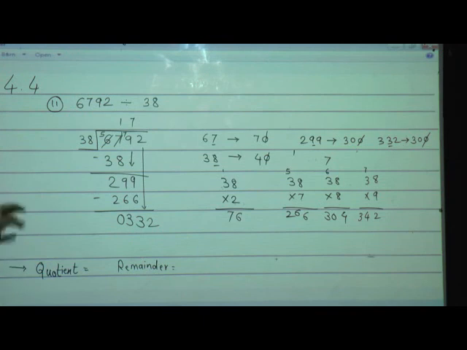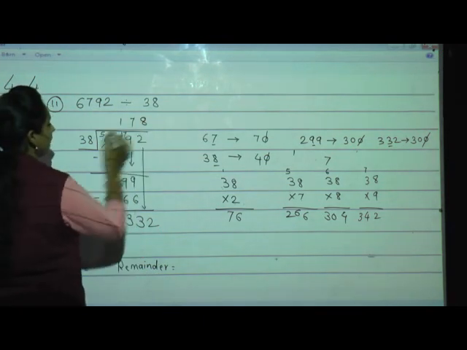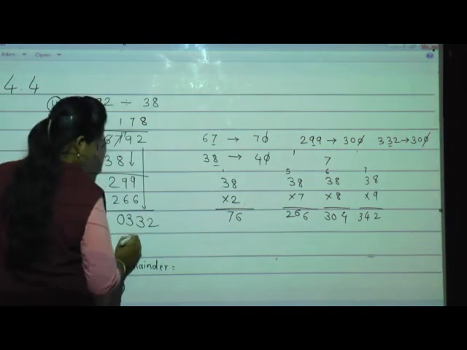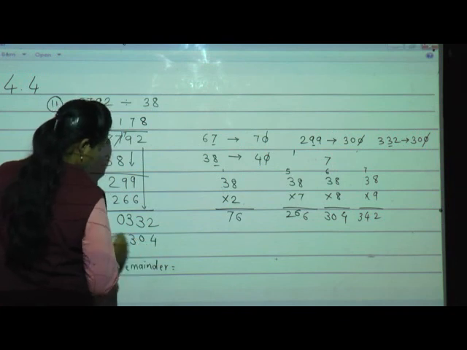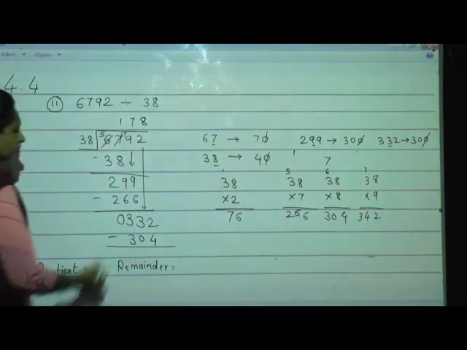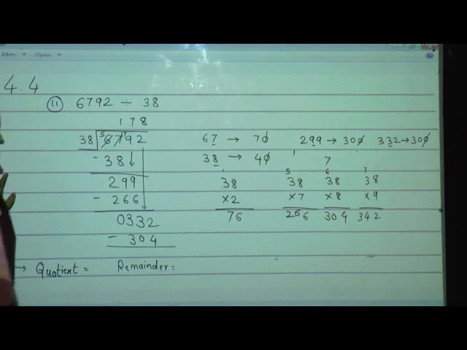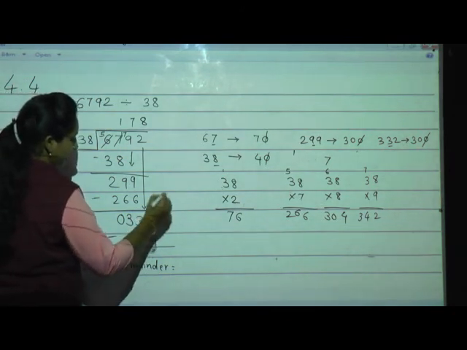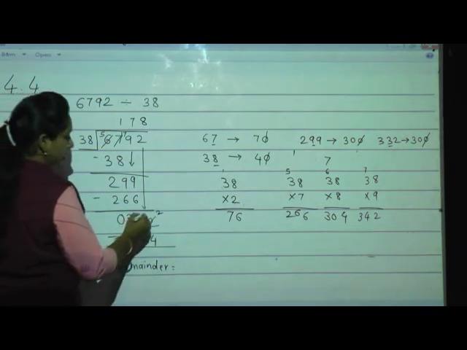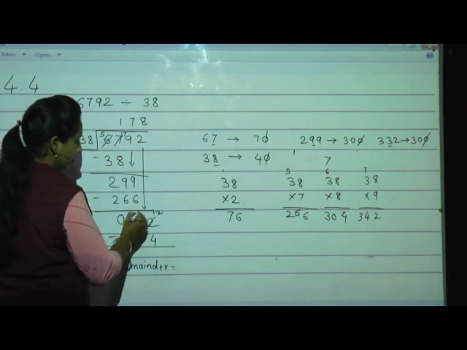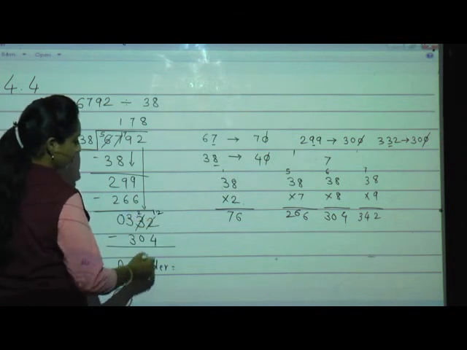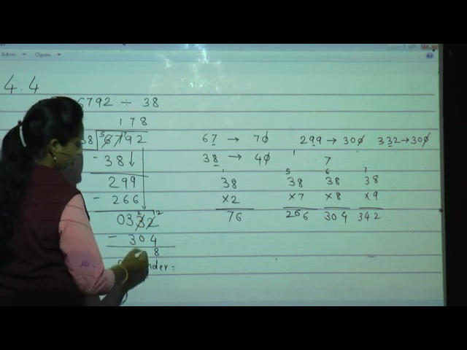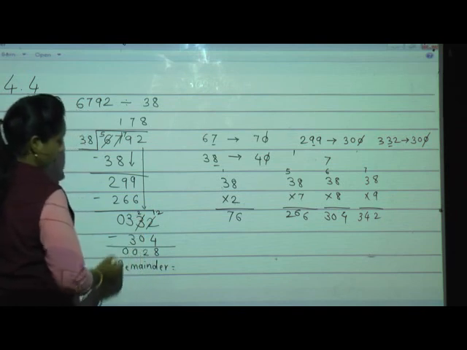What is 8 times 38? 8 times 38 is 304. Now do the subtraction. 2 minus 4 we can't do. Cut the 2, write it as it is, and take a borrow from the neighbor. The neighbor is having 3, he will give 1, 2 will remain. Now 12 minus 4 is 8, 2 as it is, 0, 0, isn't it?